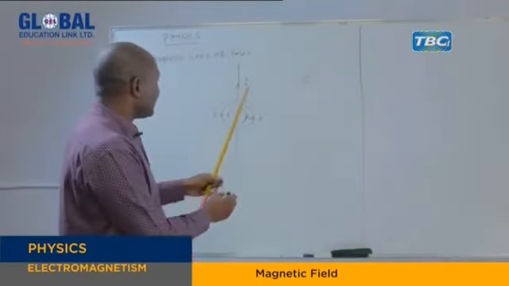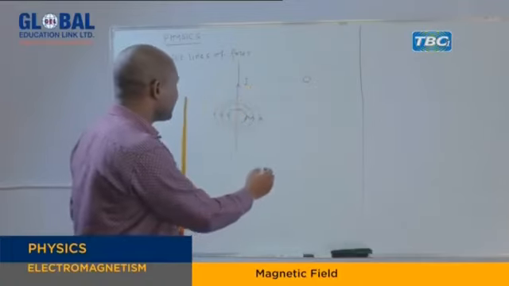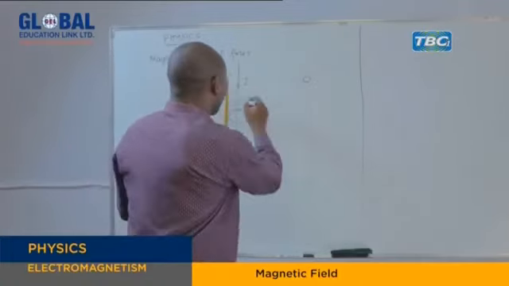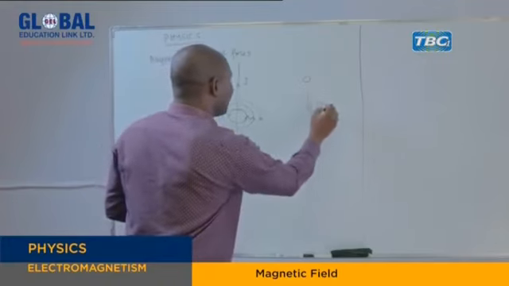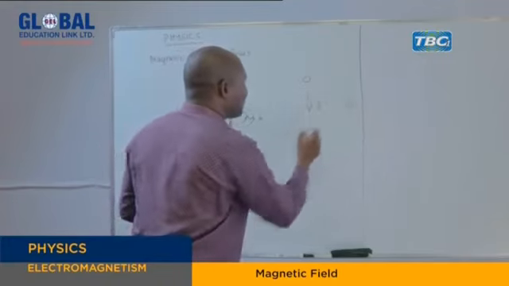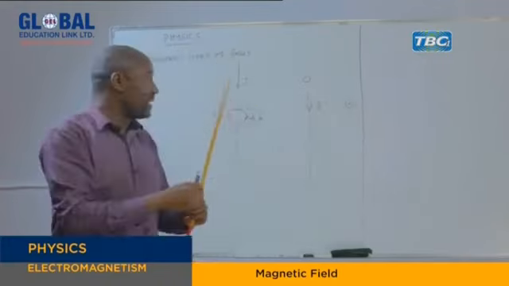Suppose this current is out of the plane. Suppose the current is flowing like that. The current flows into the plane. So you change the direction of the fingers, so the thumb will be pointing down. When it's pointing down like this, the curved fingers will show the direction in which the magnetic line of force will move, while the thumb is giving us the direction of current. So the current is downward, while the other fingers